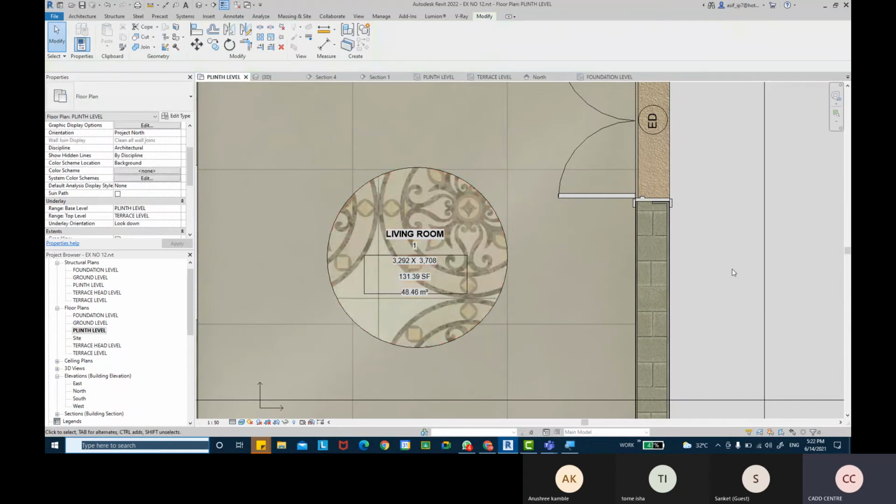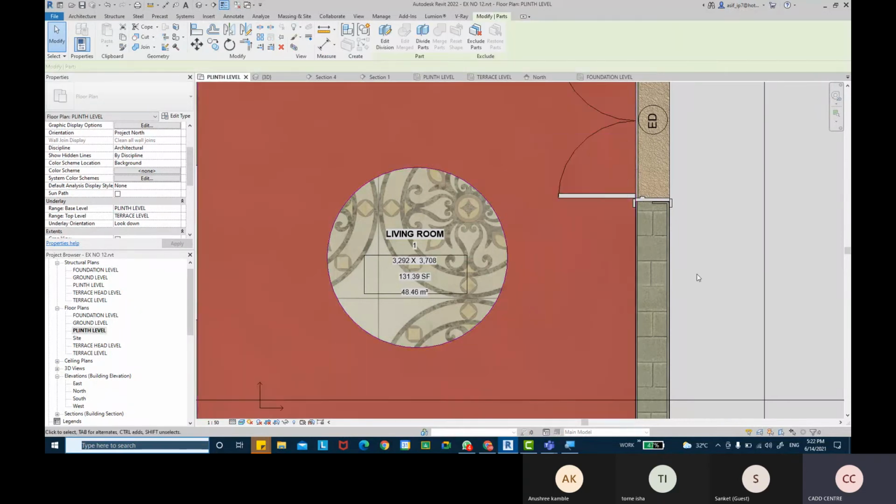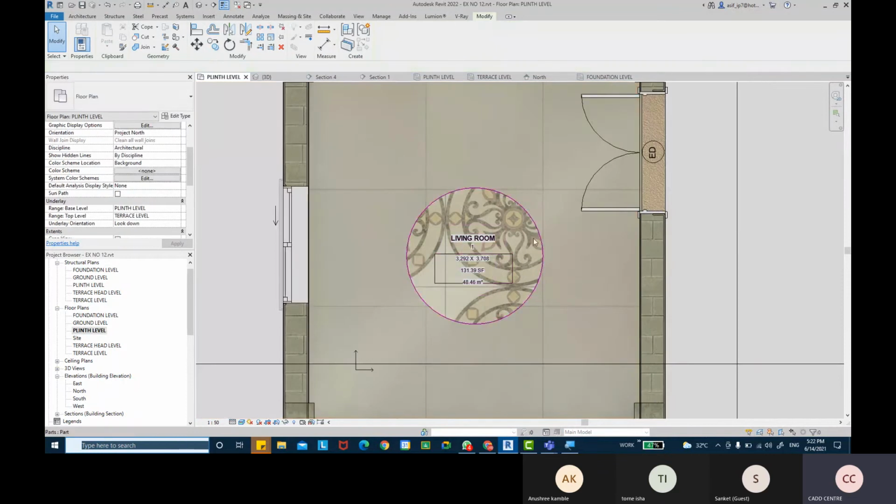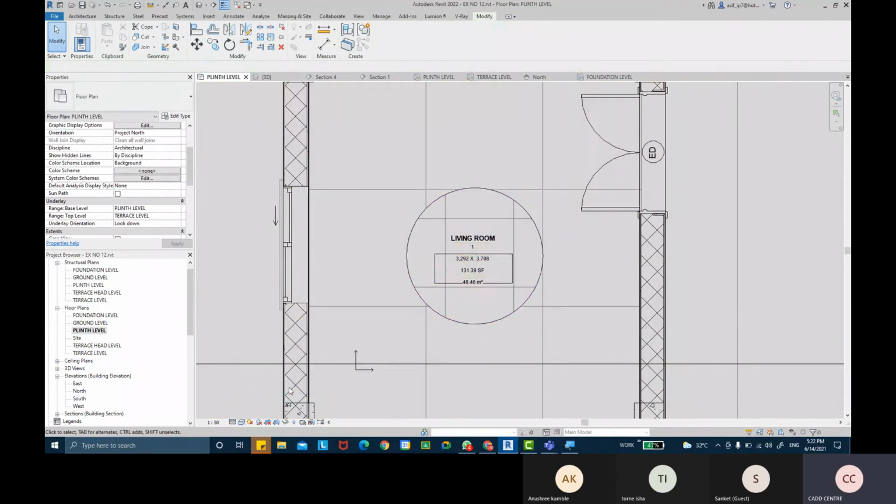Right now it is not coming properly in the center. Now to fix that issue, if the texture doesn't fit in the center, what we're going to do is switch this mode to constraint colors or hidden lines. And we're going to make sure that this alignment is properly set in the center of the line. So you can take the align tool, you can take this here, and one more, this alignment.